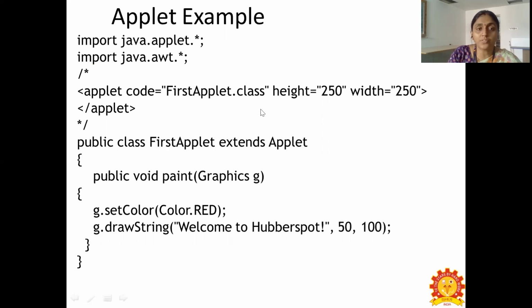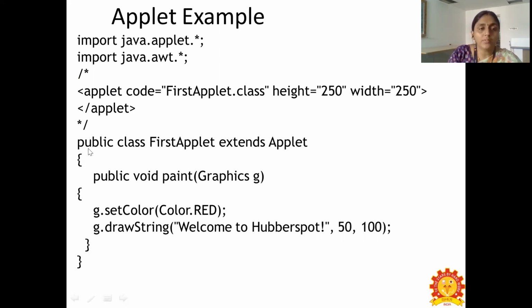That class file you have to give here in the applet code. And then followed by the height and width of the applet. So the height of the applet window is 250 and the width is also 250. And then we have the closing applet tag. This applet tag is very important. If you're going to embed this program in an HTML file, we need to compulsorily give this applet tag.